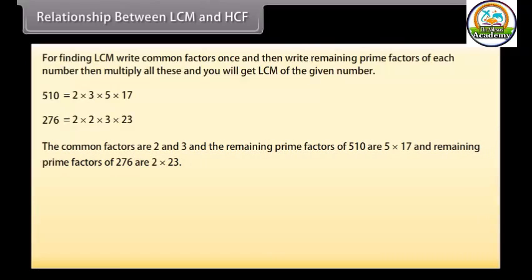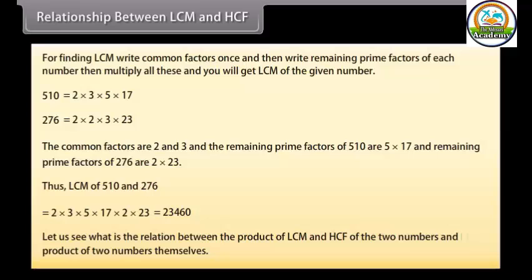The common factors are 2 and 3, and the remaining prime factors of 510 are 5 × 17 and the remaining prime factors of 276 are 2 × 23. Thus, the LCM of 510 and 276 is equal to 2 × 3 × 5 × 17 × 2 × 23 equals